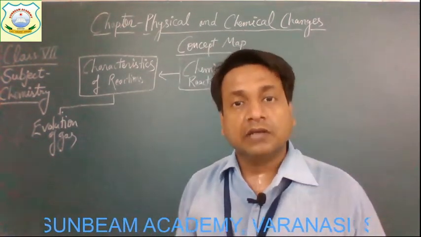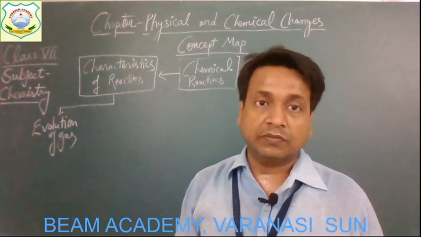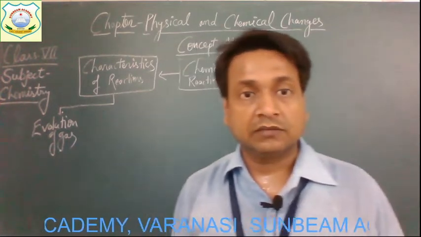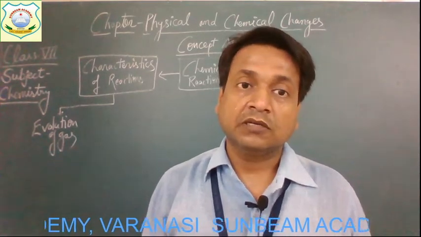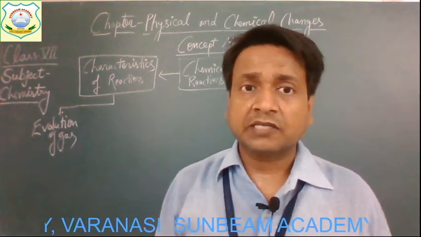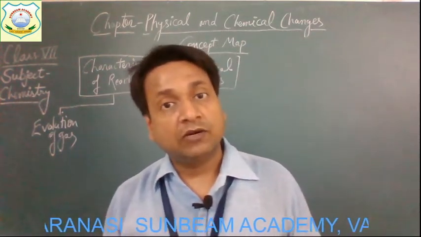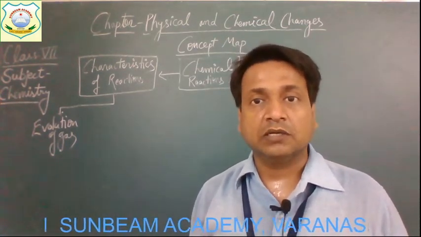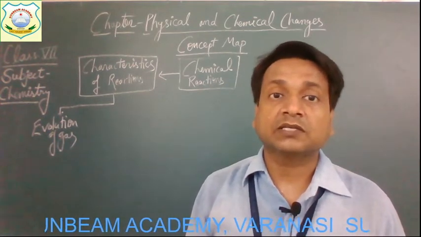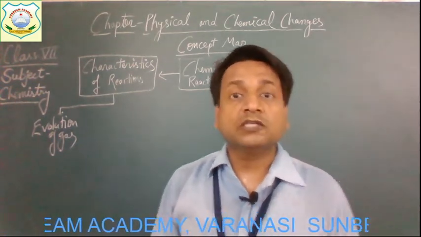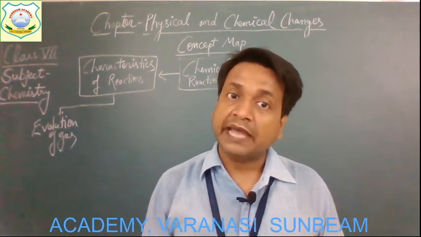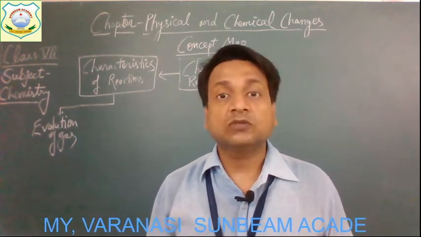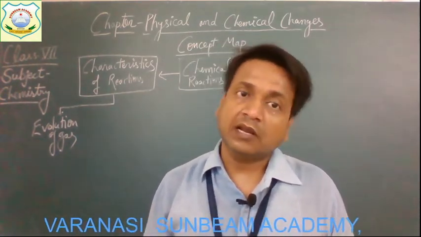In most chemical reactions, a gas evolves after the reaction as the product, like hydrogen, oxygen, and carbon dioxide, etc. As an example, when electrolysis of water occurs, or simply when electricity is passed through water, it produces two different gases, that is hydrogen gas and oxygen gas. So here the gases evolve, which is also one of the characteristic features of a chemical reaction.